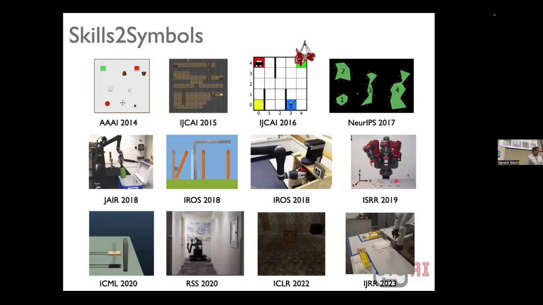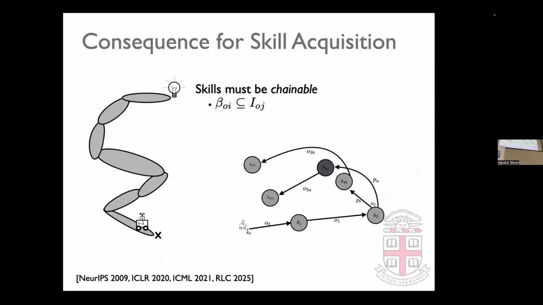I wanted to talk about a few consequences of this. So flipping back to the action side, I said that the properties of the actions are the most important thing. The properties of the actions completely specify the properties of the abstract states. One of the properties that the actions have to have is that they have to be chainable. What that means is that the termination of an option has to line up with the initiation set of other options. That means you have to be able to execute one option, and it should leave you in a position where you can execute another option. If you don't have that property, then you will find that your abstract decision process that you built is broken.